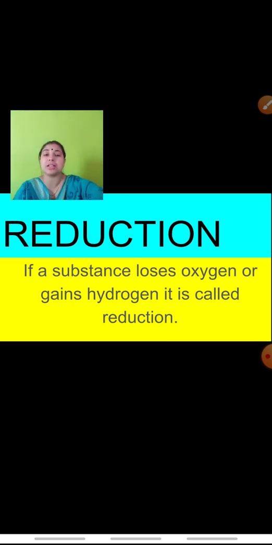The examples, we can use more examples. For example, a reaction is being displayed on the screen in which ZnO, that is your zinc oxide, reacts with carbon and converts into zinc plus carbon monoxide. In this reaction, you have to remember, whenever in a chemical reaction oxidation is taking place, then at the same time reduction must also be taking place in the same reaction.